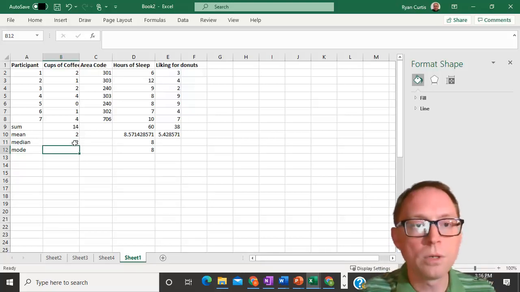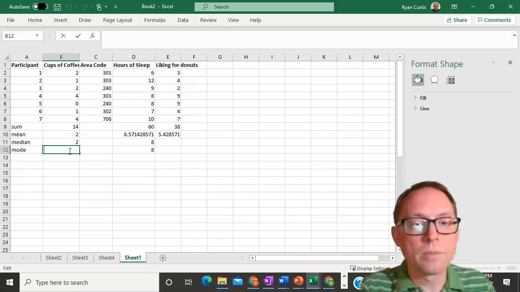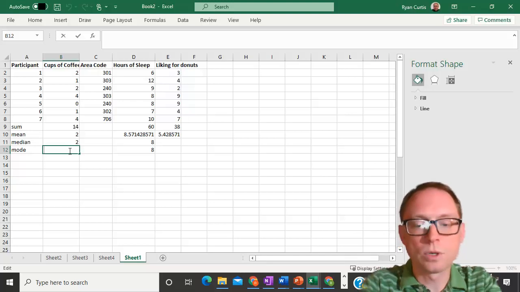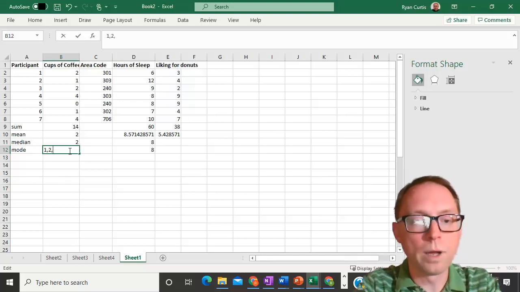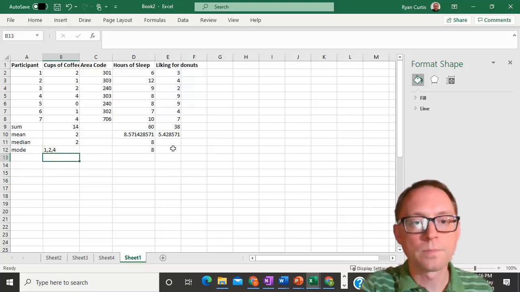What's the mode? Well, let's take a look here. We have 2 2s, we have 2 1s, we have 2 4s. What are we supposed to do? Well, if you've got more than one mode, you've got more than one mode. You just list them. So 1 is a mode, 2 is a mode, and 4. They're all modes because they're all the most. We've already done that for this.